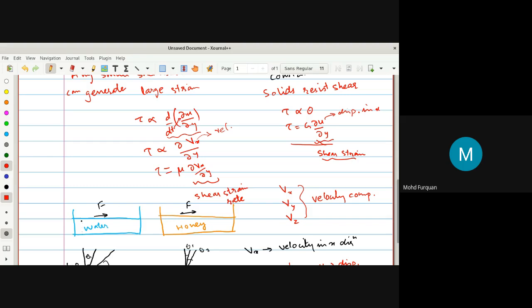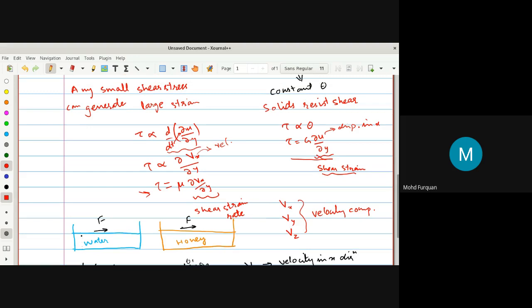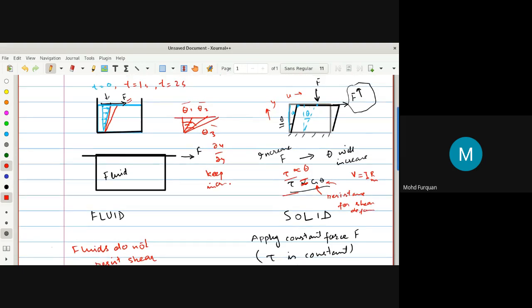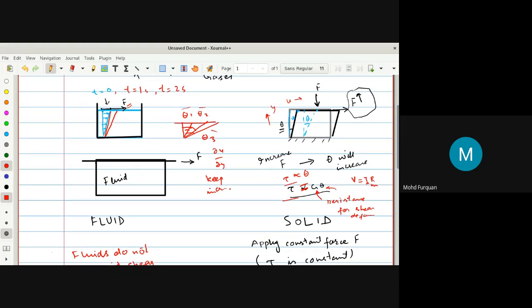This is a very rough way of explaining things. Later we will do a more rigorous way of defining this law of viscosity. But I want you to understand the way fluid and solid differ. Let me repeat to clarify: a solid for the same force will have one single value of deformation, which is theta. If you keep this force constant, this theta will remain constant. However, in case of fluid, this theta will keep on changing, and how fast it changes will depend on viscosity.